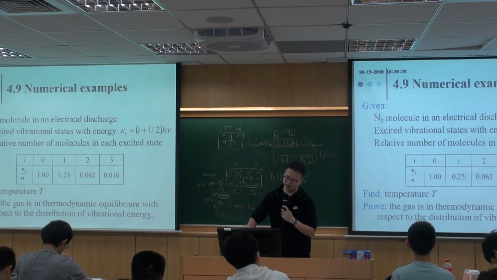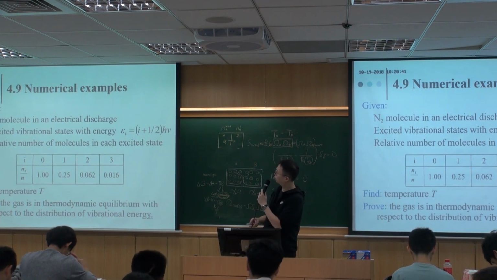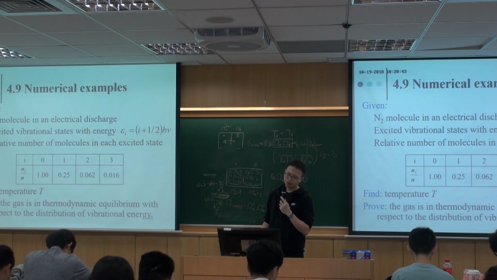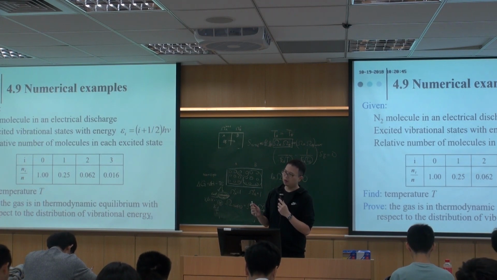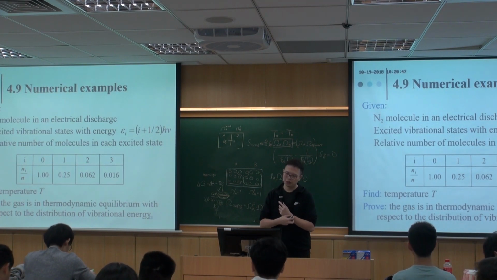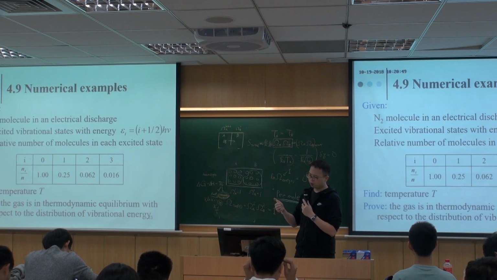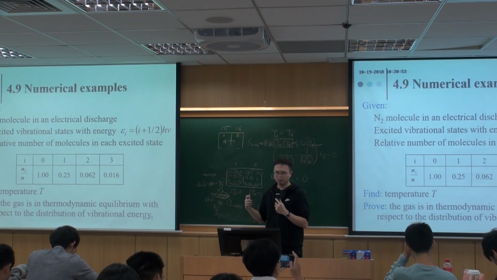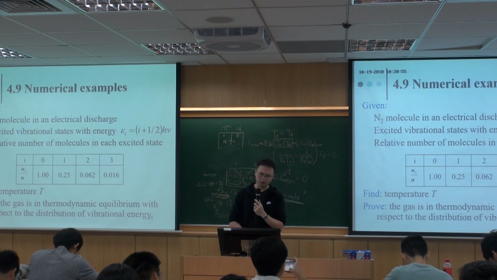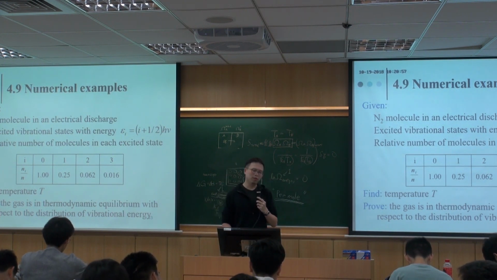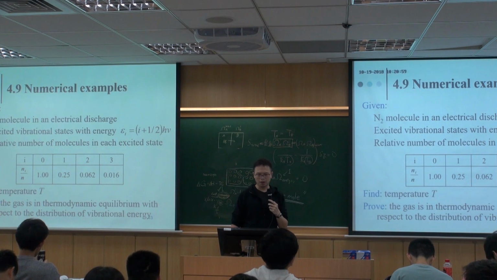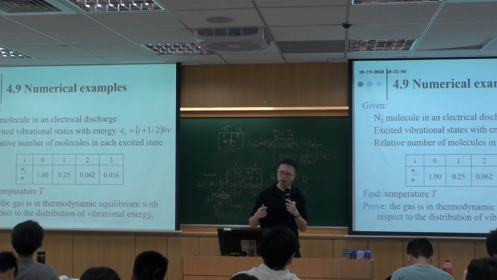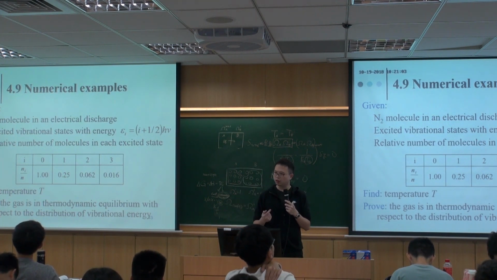Okay, so actually the numerical examples in this chapter are fairly simple, because most of the things that you can do are either the Boltzmann distribution or the Boltzmann equation. So all these are very straightforward. I think the most complicated problems are in chapter 2 and 3. In chapter 4, these